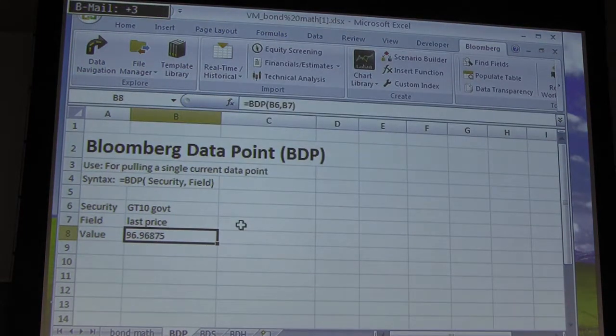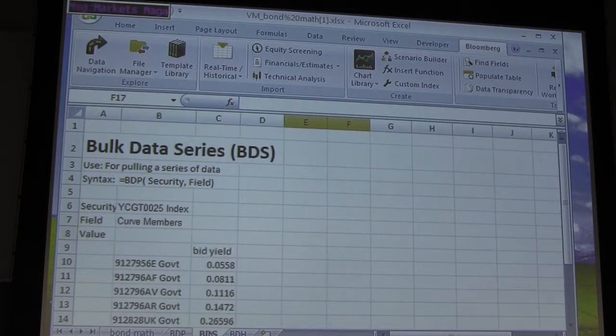So that's BDP. The next one I'm going to show you is to pull bulk data. Bulk data essentially is a list of information. So for example, on Bloomberg,